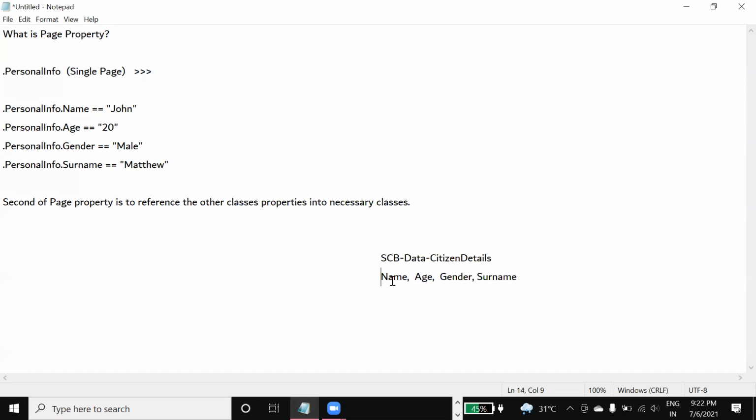So these four properties are in the SCB-Data-CitizenDetails class. Now I have to call these properties into another class. Let's say I have some UI in a class like SCB-Work-RQ. This is my work class, and this is my data class. Now I'm building a UI screen here in this work class.